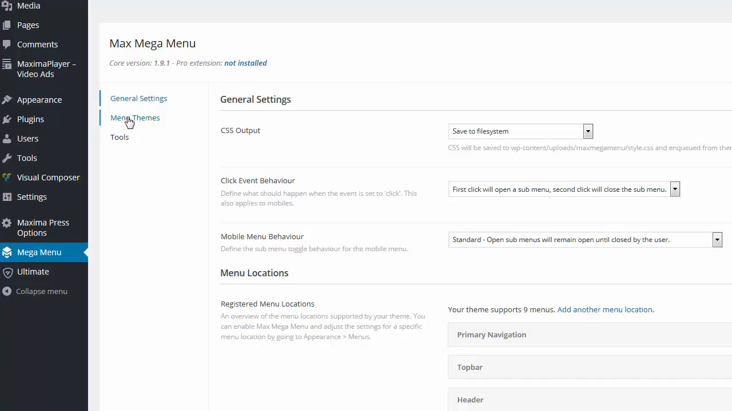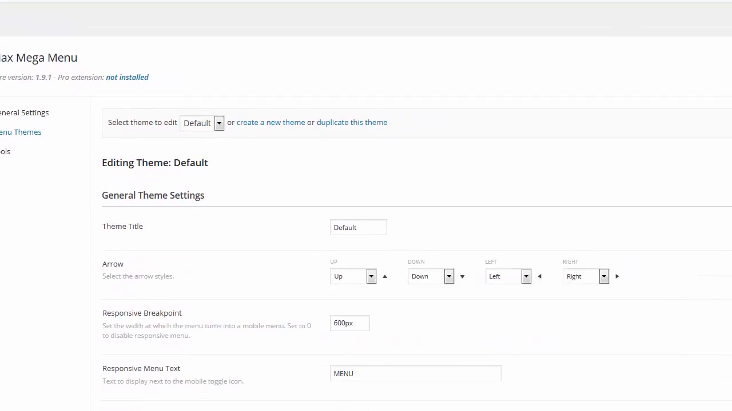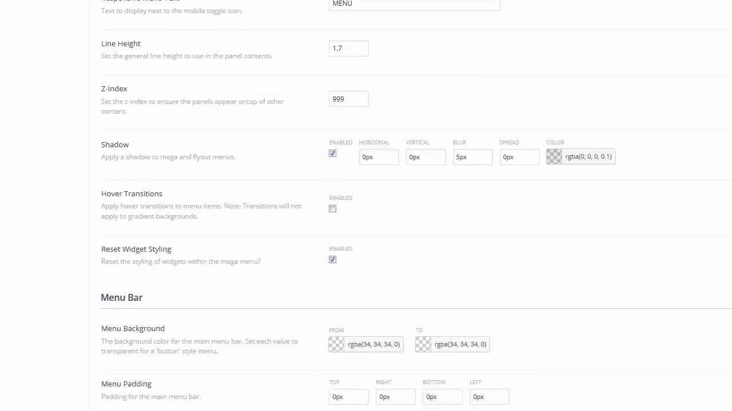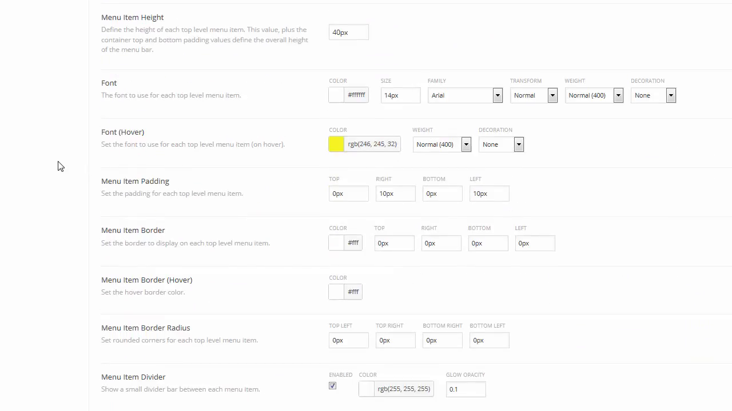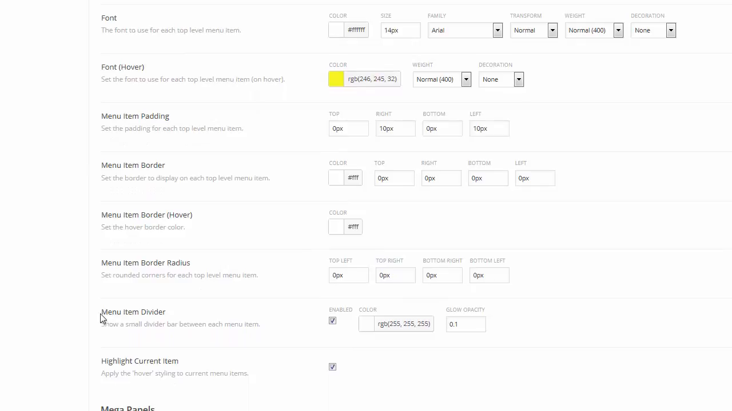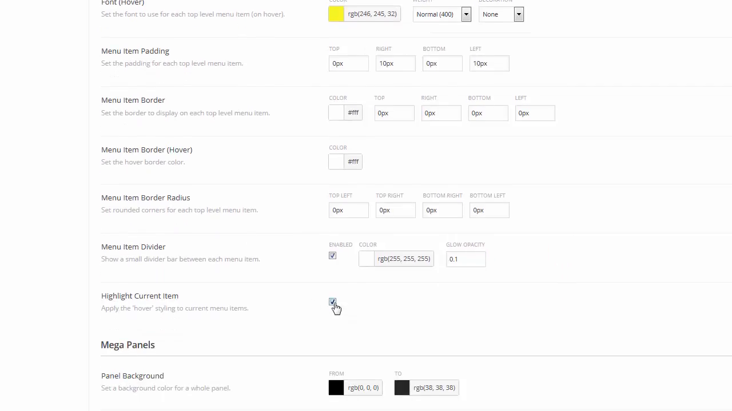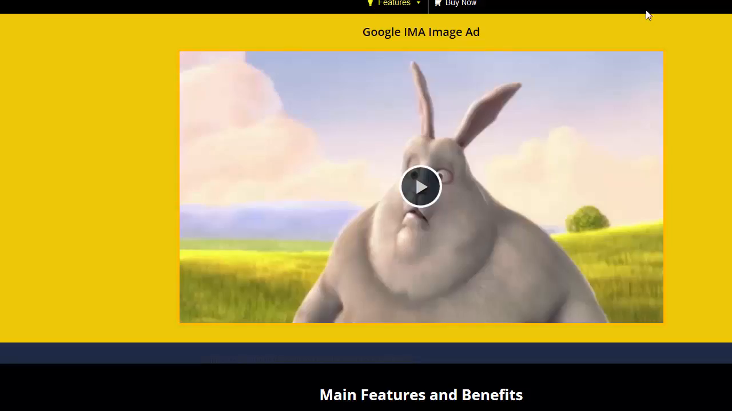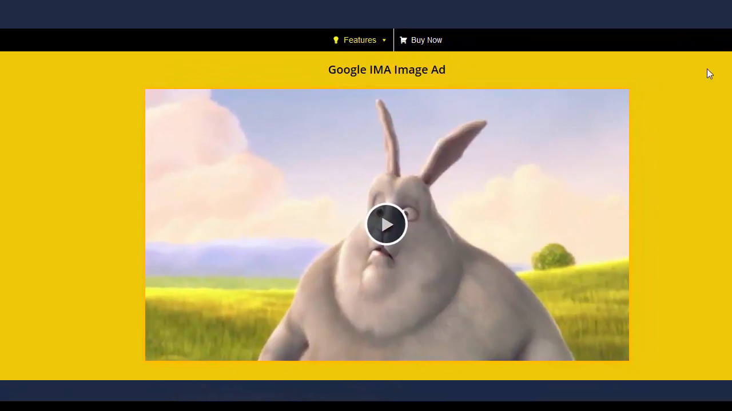and if I go to the menu item, the menu themes, you'll see that there's a separator that I have selected, and I'll show you where that is. Menu divider right here. Menu item divider. I have it enabled, and the color is white. So I can select anything that I want. I can also have an opacity on there as well. Okay. Do I want to highlight the current item? That's also enabled. So it's very powerful, and it works great. And I love this menu system. And this is part of the Maxima